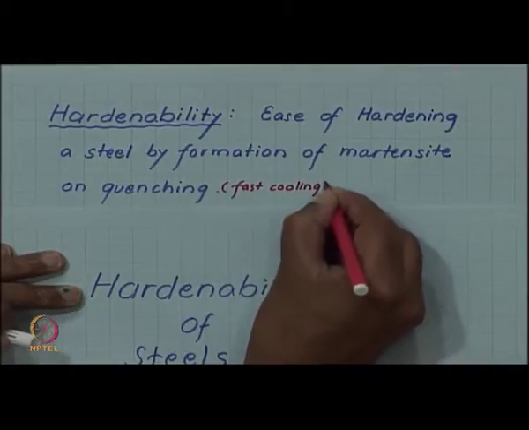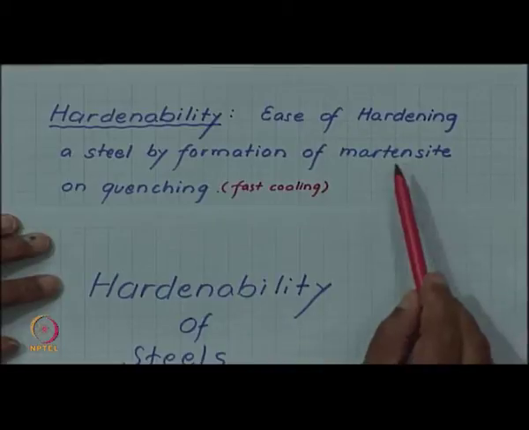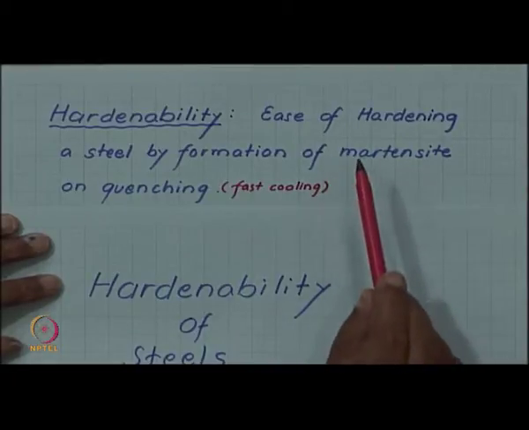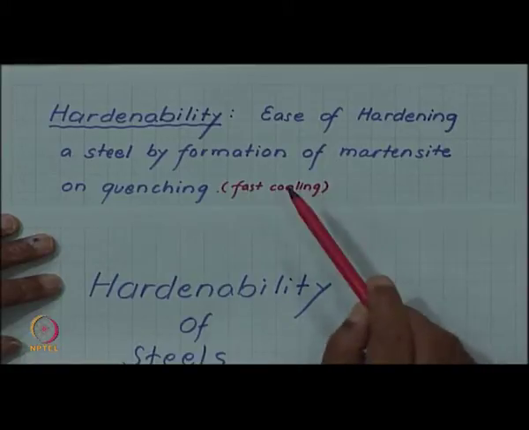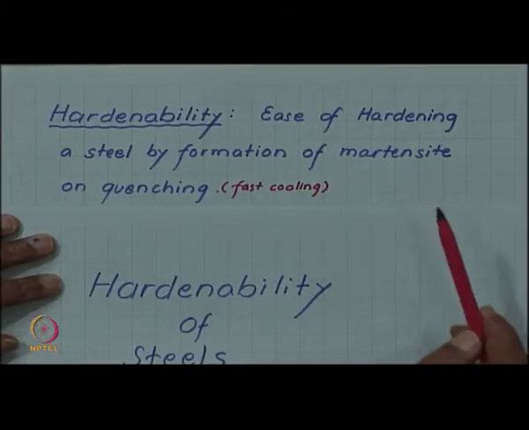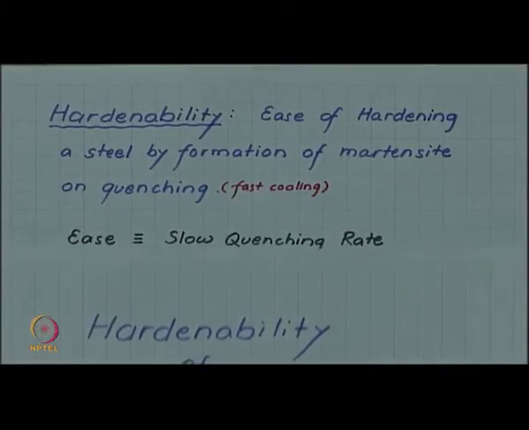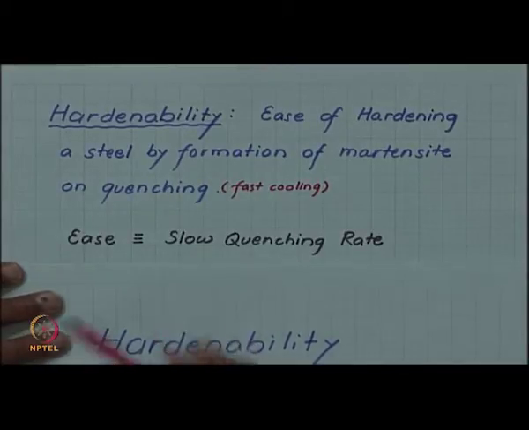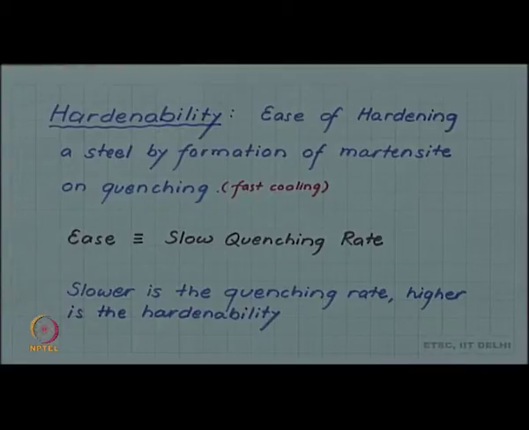So, if we cool fast enough such that we miss the nose of the C curve, then we can end up forming martensite, and martensite is very hard and brittle. So, it gives hardness to the steel. So, the easier it is to have martensite by this quenching process, the higher is the hardenability, and the measurement of ease or the definition of ease is the slow quenching rate, which means slower is the quenching rate, higher is the